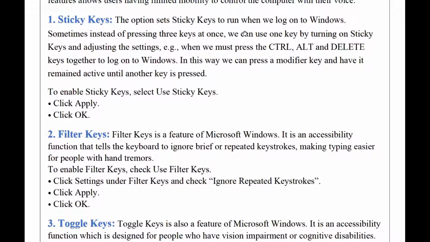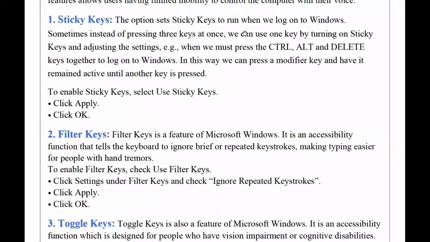Just like one student asked me yesterday, sir, what is a modifier key? You can understand the modifier key in this way: you are modifying your original key. Whatever that key's function is, you are manipulating it according to your convenience. If you have to press Control, Alt and Delete simultaneously, but you do not want to press 3 keys, you can modify a key. For example, I will press P instead of pressing Control, Alt and Delete, because I have modified it. This is allowed by the use of sticky keys.